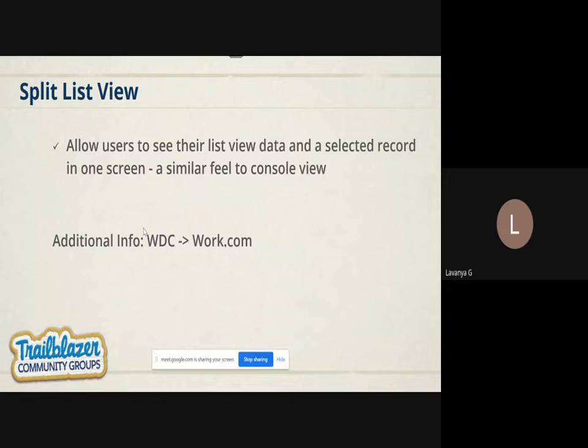So yeah, I want to give you one more piece of additional information about work.com. You already know with the help of work.com, they have introduced many applications.